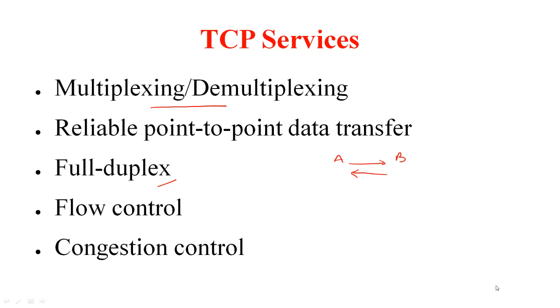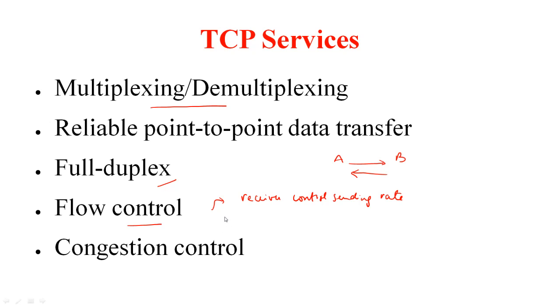Another service provided by TCP is that of flow control, where a receiver is going to control the sending rate of the sender. For example, if you have a very fast sender, whereas the receiving process is not reading data fast enough from the receive buffer, the receive buffer can overflow. In this case, you use flow control, whereby the receiver stops the sender from sending too much data. We will cover more of this later.